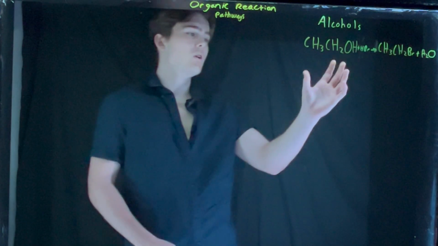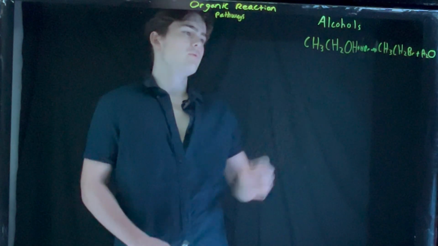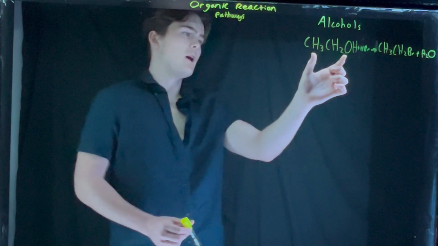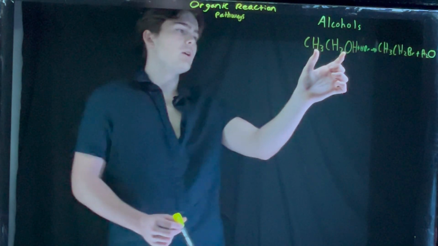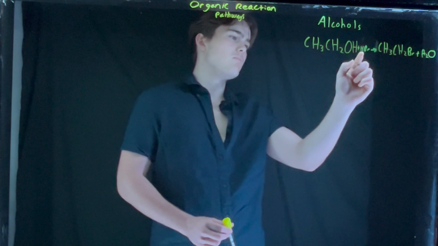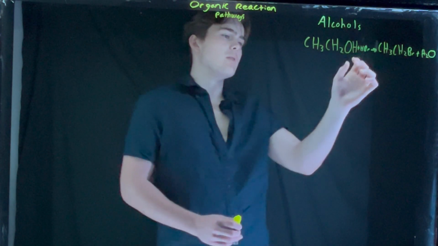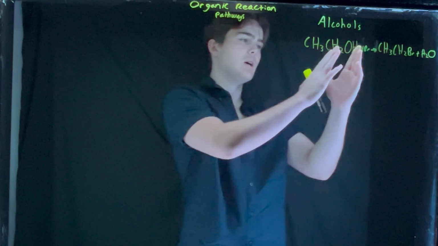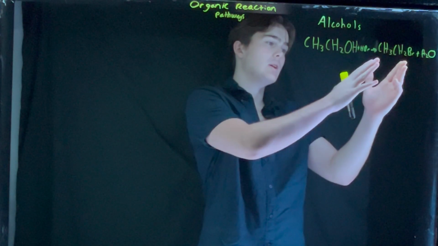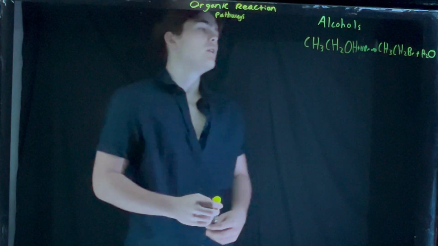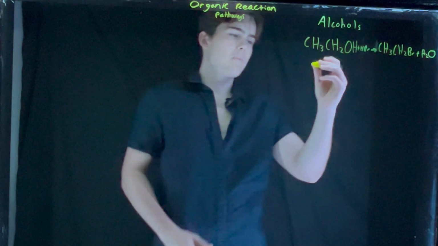This is a reaction of an alcohol. In this case we have two carbons in the chain with the OH functional group. So we have ethanol plus a halogen and hydrogen plus HBr. This is an example of an alcohol plus a halogen producing a haloalkane and water. Right, so we go from an alcohol on this side,